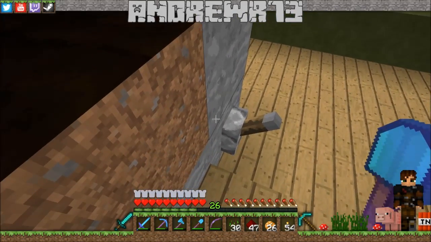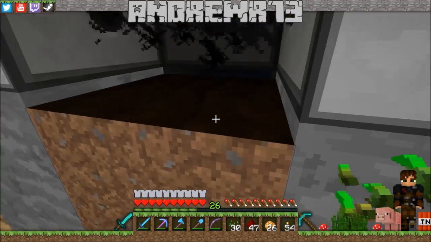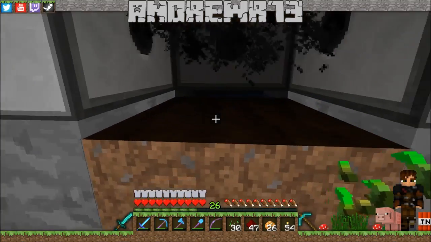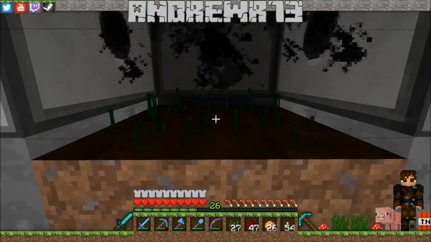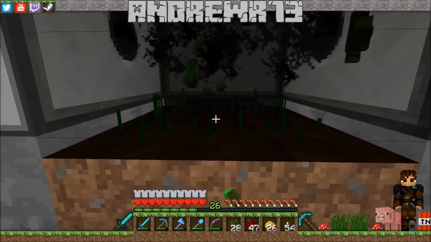Okay, now let us take some seeds, and we'll put these seeds in the hotbar, and we'll turn that on, and you can see the bone meal coming out, but there's nothing here, so the bone meal is actually not being used. But now as soon as I put it in, and if you do it just right,